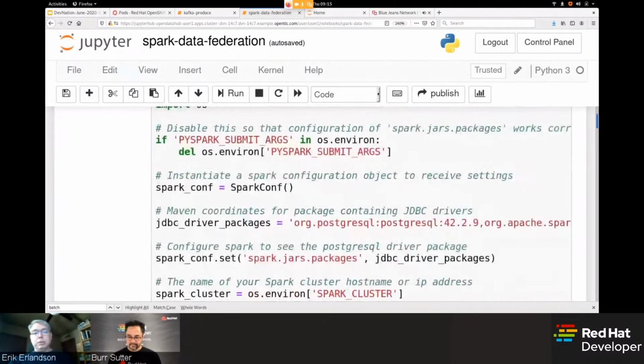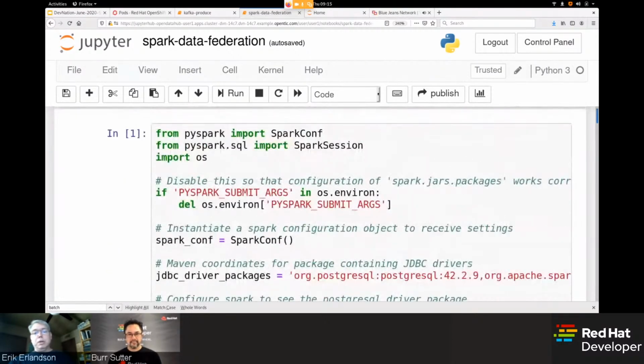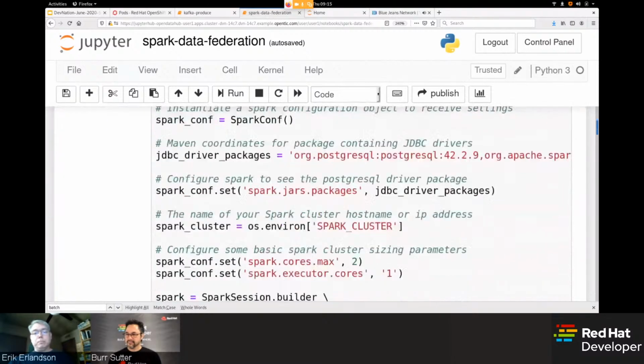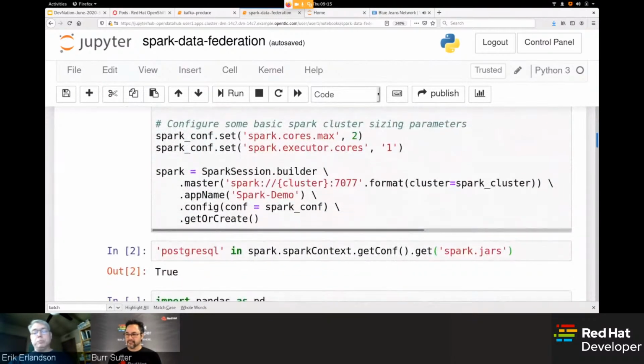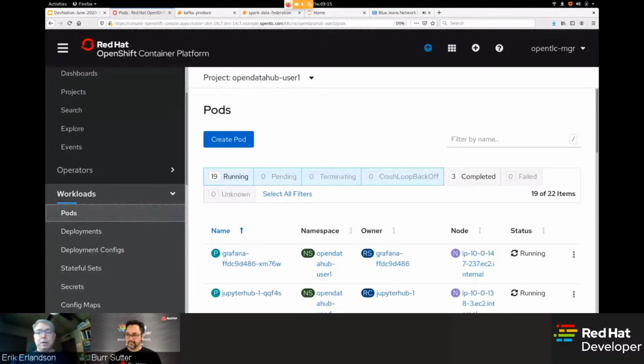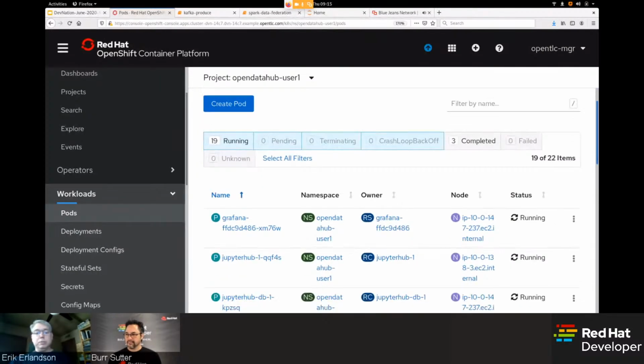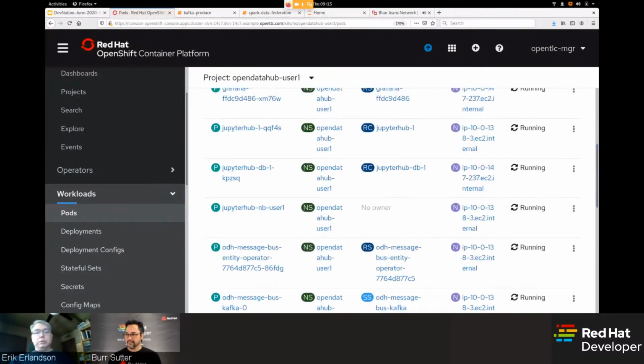So the first thing you can see here is I've attached to a Spark cluster. So I'm interfacing with Spark through Python running in Jupyter Notebook. And if I go over here onto OpenShift, we can look at the pods. So here is the actual pod that's running that Jupyter Notebook.